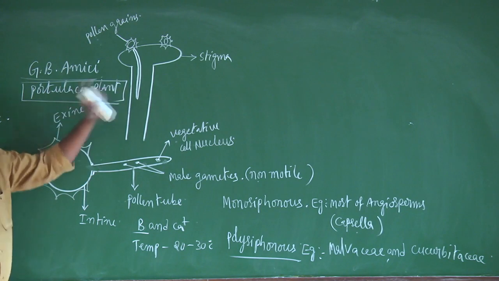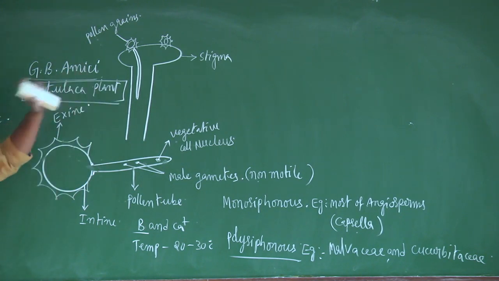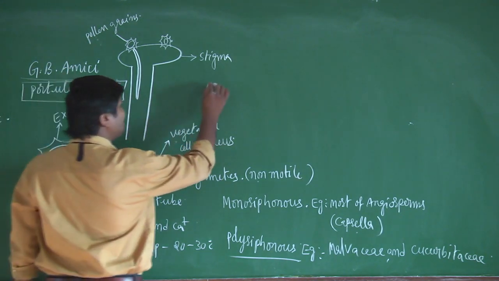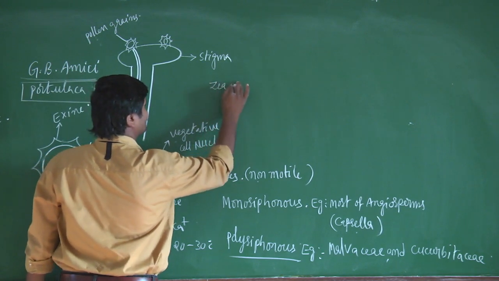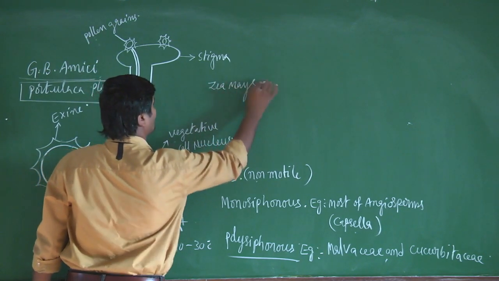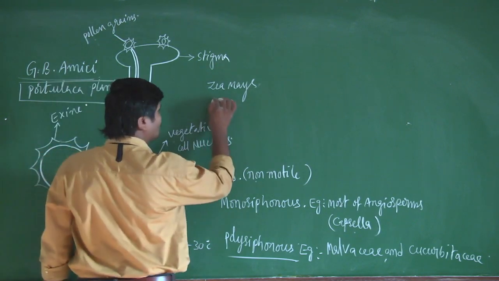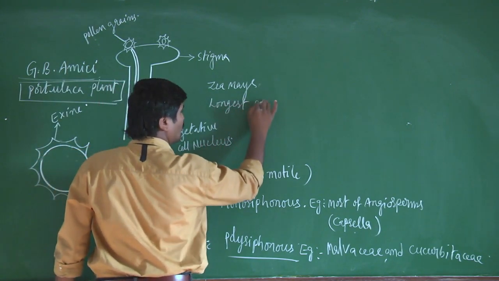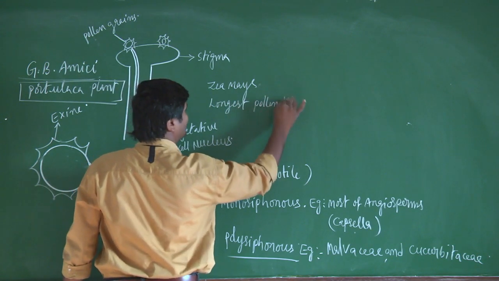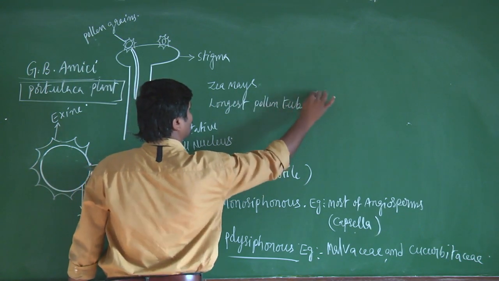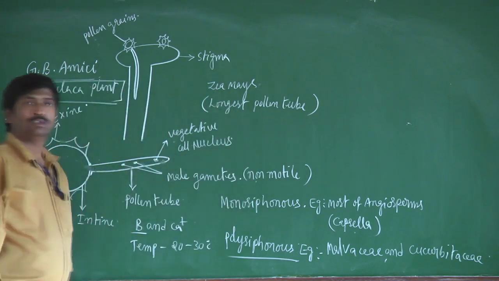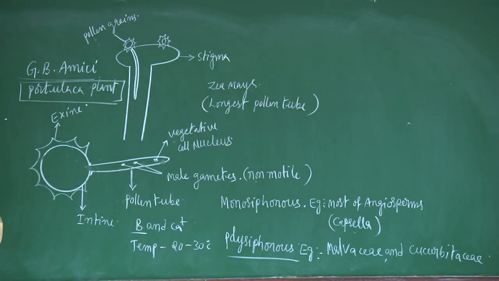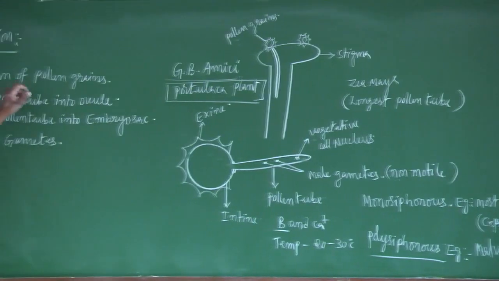Next one, the longest pollen tube is reported in Zea mays. Zea mays contains the longest pollen tube. So this is the information about the first step of fertilization, that is, the germination of